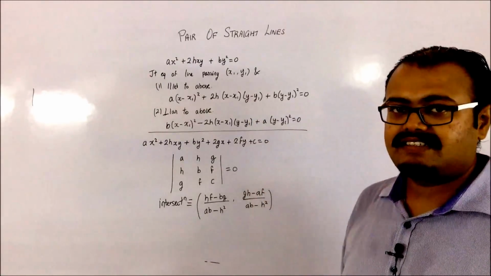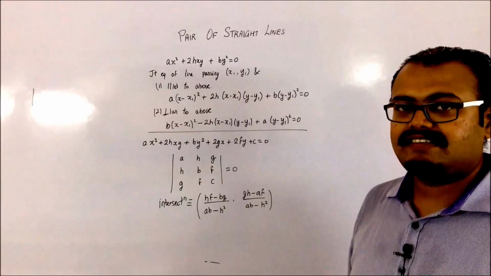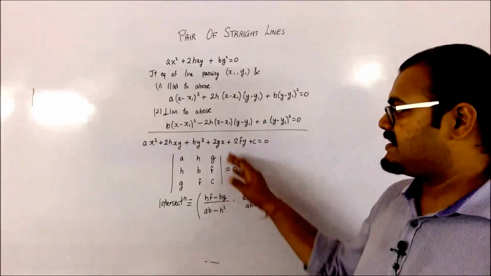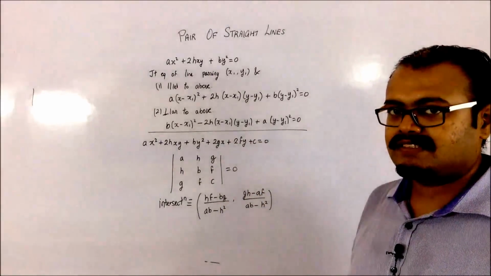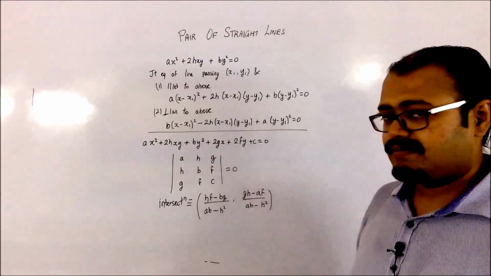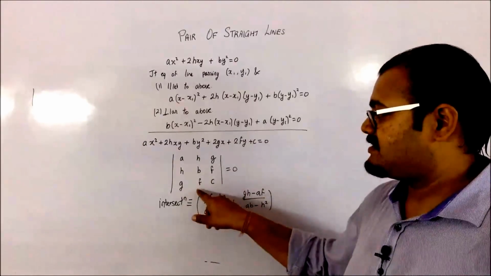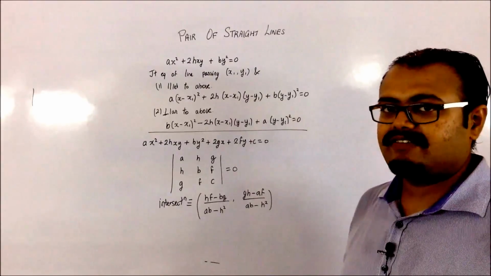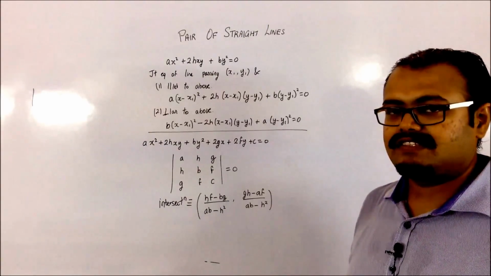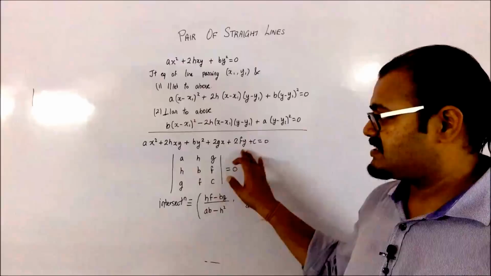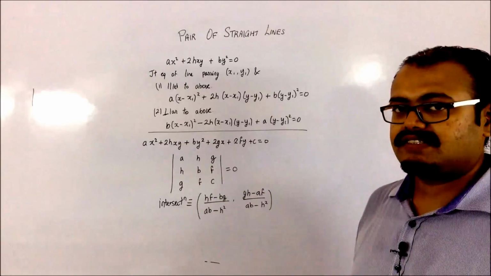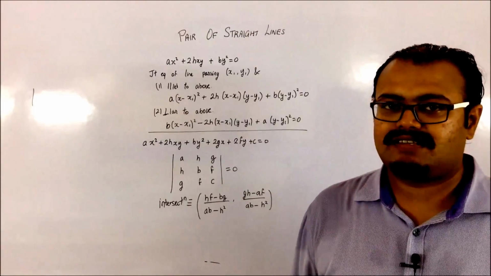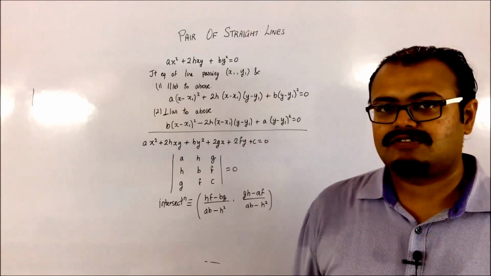This equation represents a general pair of lines, like any pair of lines. If I am finding the joint equation of it, then it will be given by this set of terms. Now if this has to represent the pair of lines, then this particular condition has to be satisfied, so that from this equation I will be able to find the intersection of the two lines which this joint equation is representing. There are many other forms of equation, but I have just discussed the main part of it. Now let us go to the problem section.